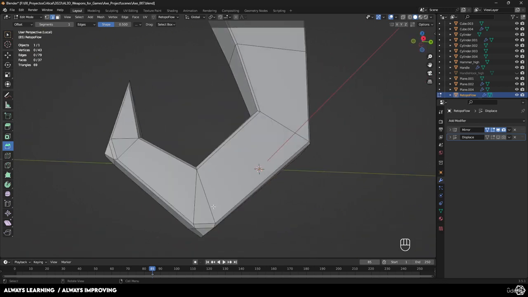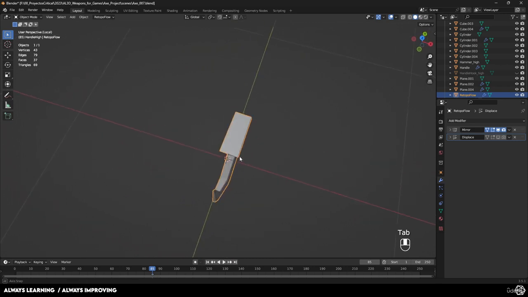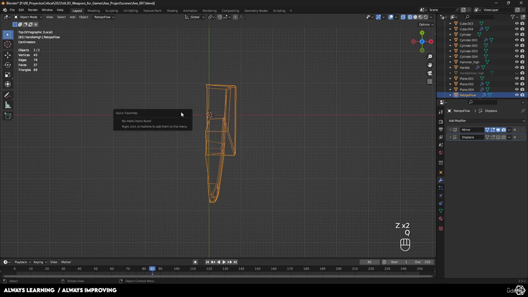We do have a weird triangle right there, but again, not that big of a deal. Another thing is the symmetry. You can see that the symmetry right now is completely messed up. So we're going to go to wireframe here. We're going to go to